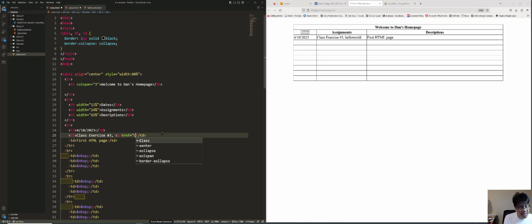So it's going to be class EX3, this folder right here. And forward slash is to go inside the folder. And the file I'd like to go inside is called hello world.html. Close that quote, close that tag, and between that tag, I want to say hello world is the name